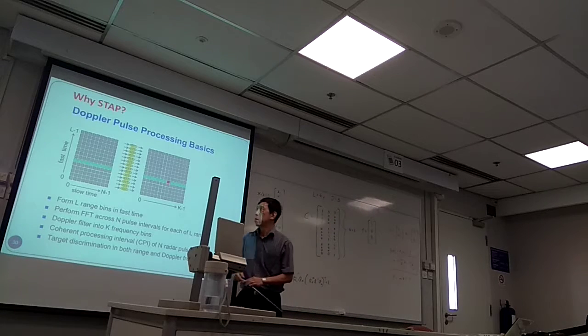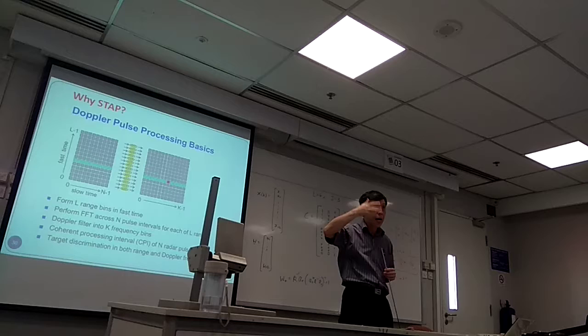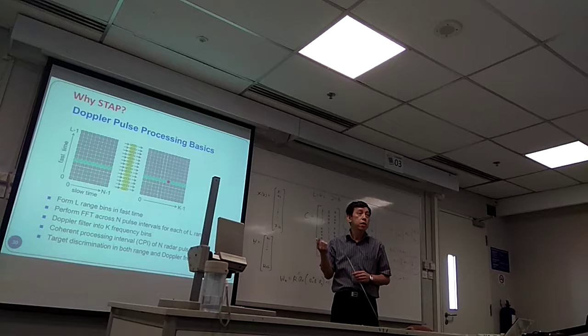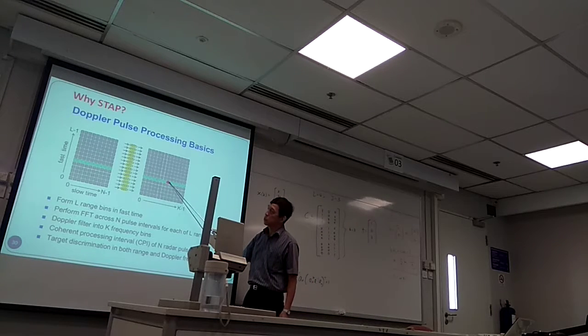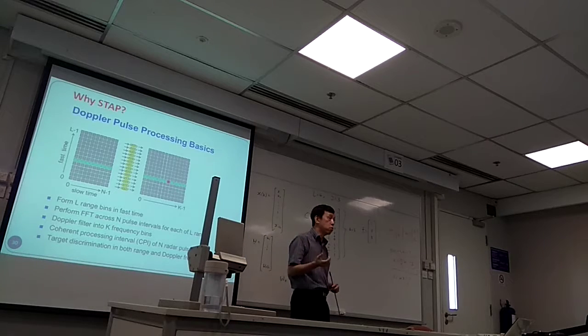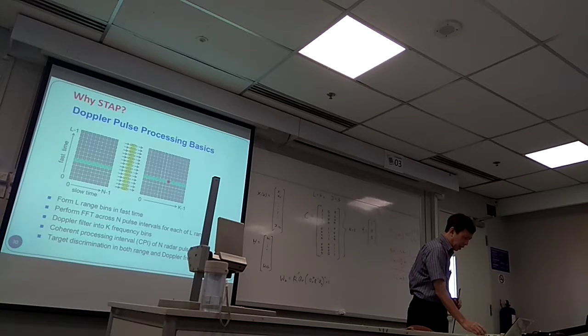So what you do is, for every row, you perform FFT. If there is a signal when you perform FFT, and the FFT turns out to give you a certain spike in the frequency spectrum, you know that Doppler frequency corresponds to what? The speed of the target corresponds to its Doppler frequency. Alright? So if you see a certain spike in a certain frequency bin, so this is your frequency axis, you know that there is a target corresponding to a certain frequency, so you can deduce the speed of that target. And you can single out there is a target moving at a certain speed. Right? So that is your basic idea of